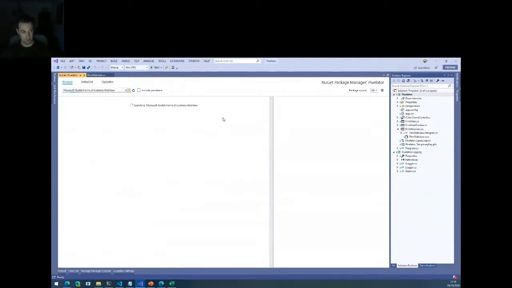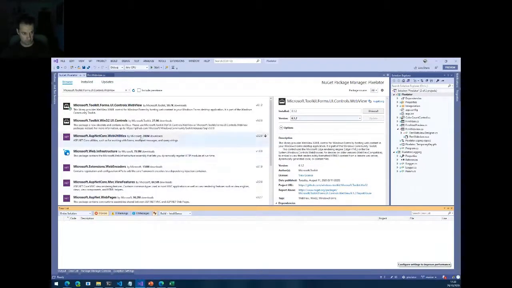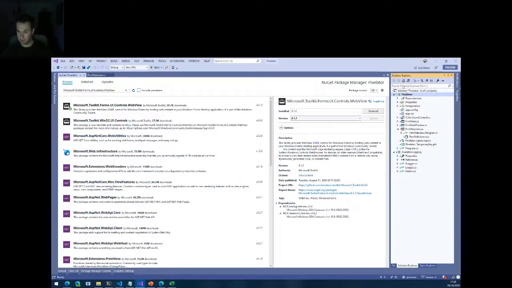It's Visual Studio that's still spinning up a bit. ReSharper doesn't help us either. Come on. There we go. It installed the web view.